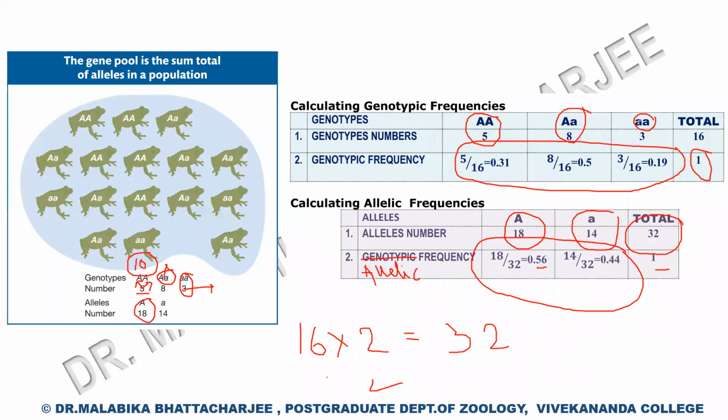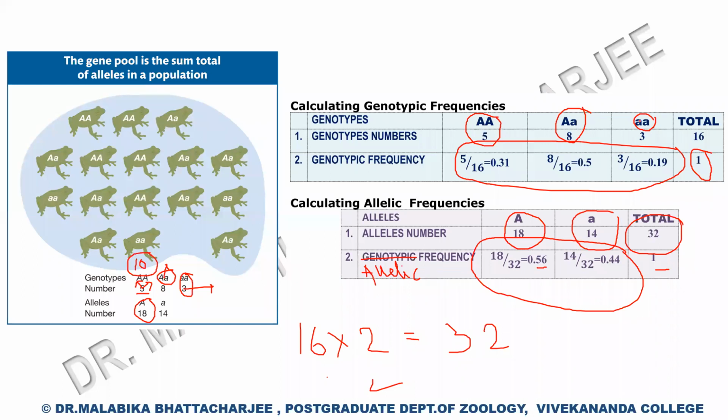So, as I gathered, you are now thorough with how to calculate allelic frequency and genotypic frequency. When I started this class, this was a very small population, and the number of individuals was only 16. But when we talk about larger populations, it becomes difficult to simply count and calculate. For genotypic frequency, it is easier. Calculate the number of dominant homozygotes, the number of heterozygotes, and the number of recessive homozygotes, and then divide by the total number of individuals. So calculating genotypic frequency is not that difficult.